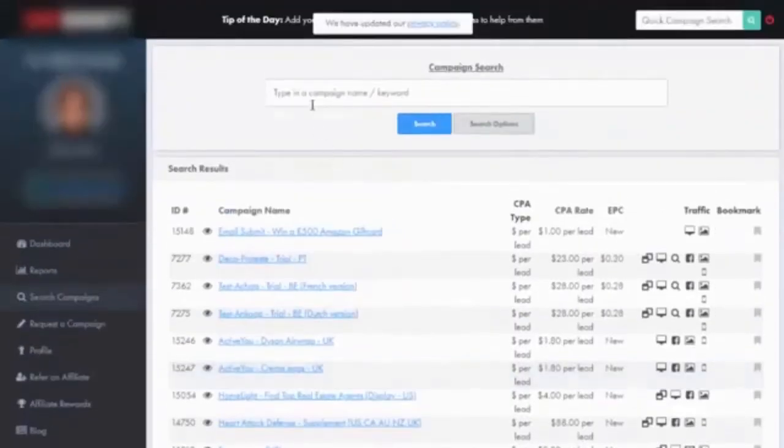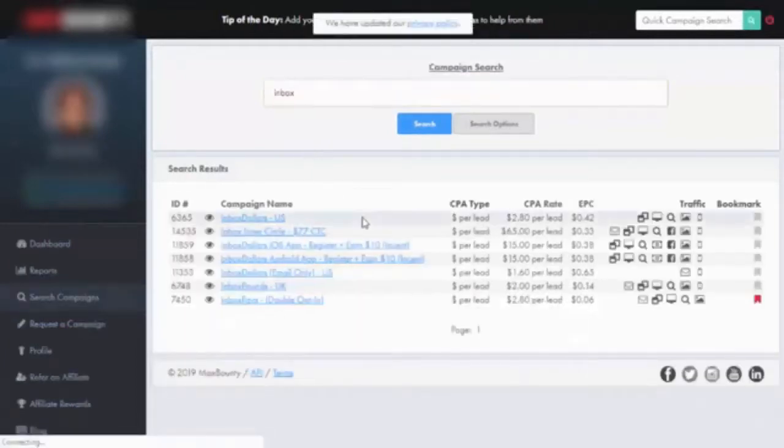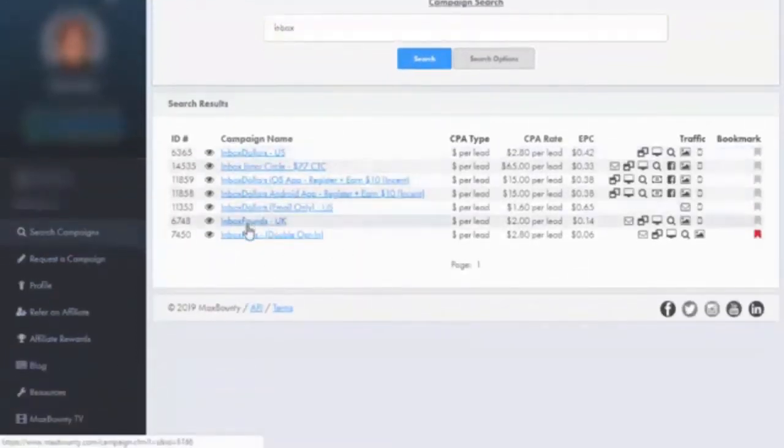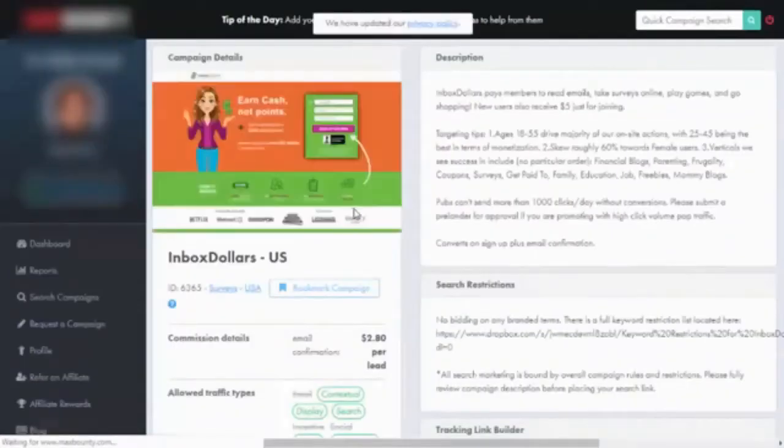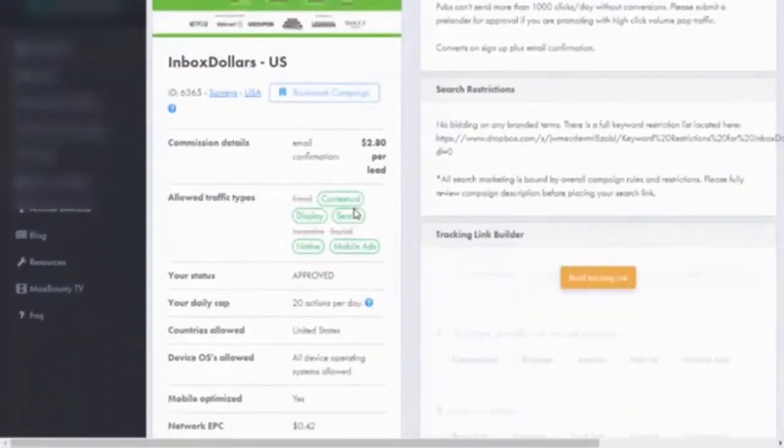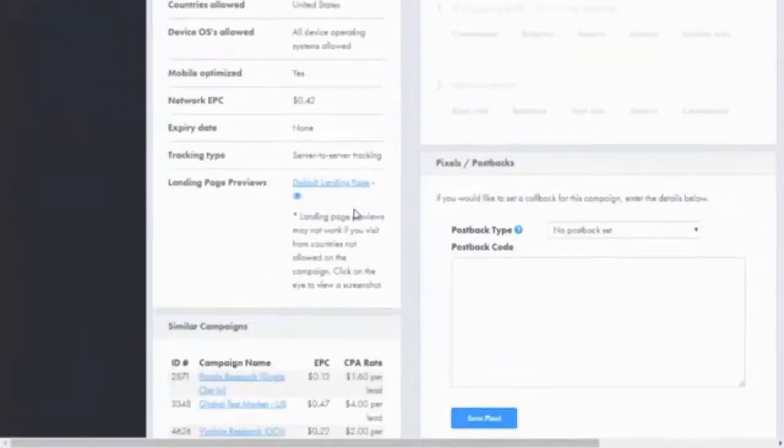Basically, let's go, sorry, inbox, and make a search. You will find some products with this word, and the best of them is InboxDollars, US. Okay, so let's visit this product, and we will find this page.